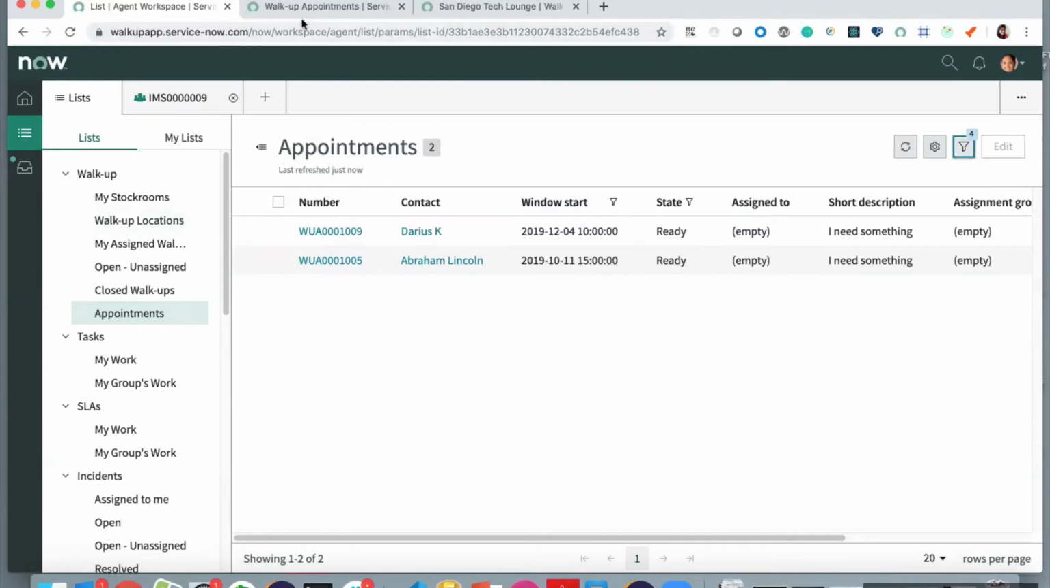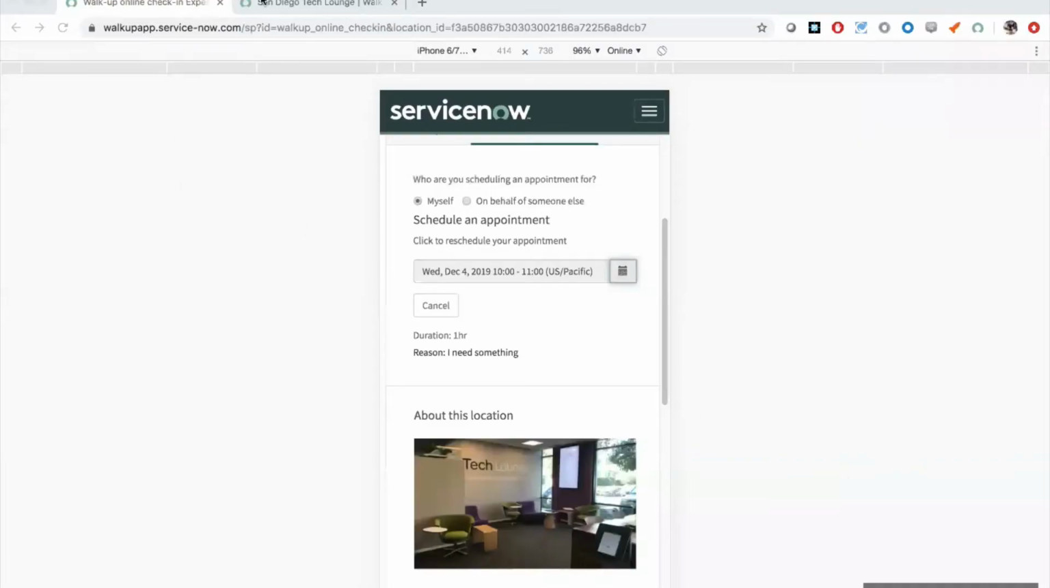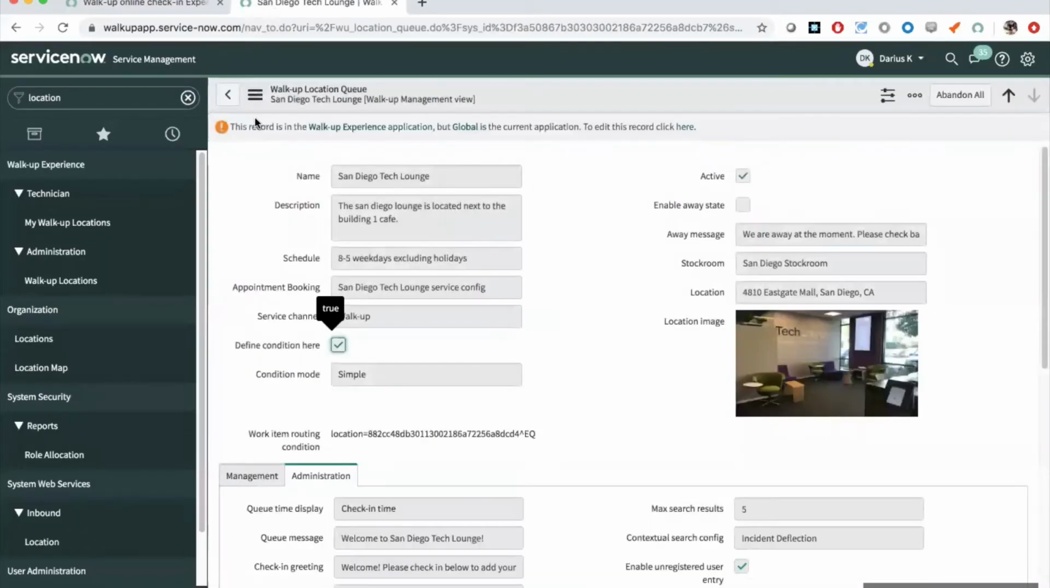Excellent. Thanks, Daryl. So where we'll go now is look at the actual administration piece to understand how this specific piece was set up from a back-end perspective. When we head back into the instance here, we're going to come back as an administrator user, and we're going to look at what we refer to as the walk-up location record. The table name is